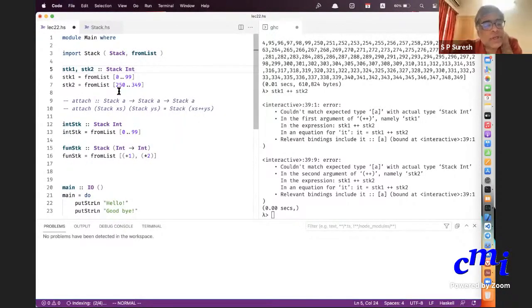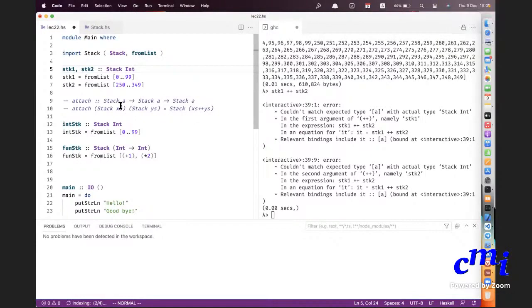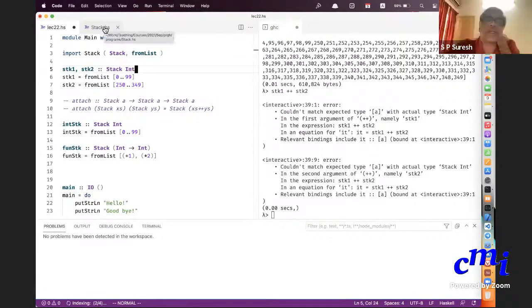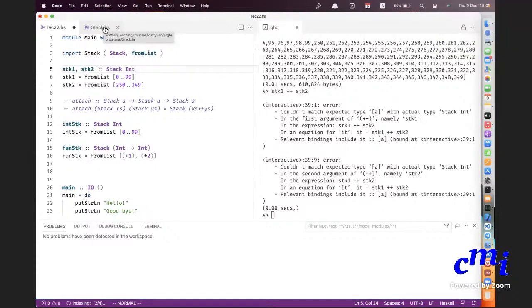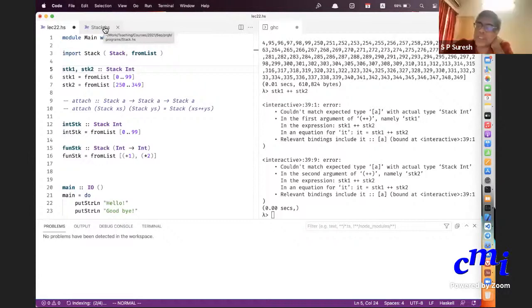Once more. We defined fromList as equal to Stack, and we're exporting fromList. But you're only exporting fromList, you're not exporting Stack. Just because fromList has been defined to be equal to Stack doesn't mean that you can use the word Stack here. You can use the data constructor Stack there. You see, fromList is a different function. It's not a value constructor, and you can only do pattern matching when you have the value constructors at your disposal.